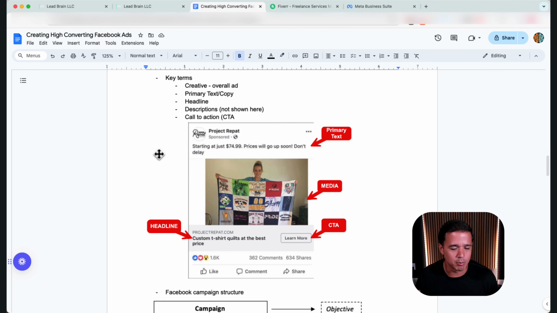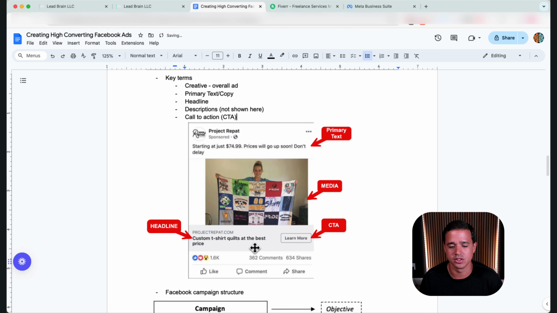So here is an example of a Facebook ad. And we have a few things here. Creative, you'll hear the term creative. Some people refer to creative as the overall ad in general, and some people refer to the creative as the actual picture or the media in this example. Not super important for you to understand that terminology, but primary text is the caption that goes with the ad. You have the headline down here, which is this emboldened text, and then you have a description, which isn't shown here, but it's typically a smaller text put under it where you can say things like click learn more or sale ends soon, whatever it is. In some placements, it doesn't even show up, and it doesn't show up here, probably because they didn't configure it. And then you have the call to action.